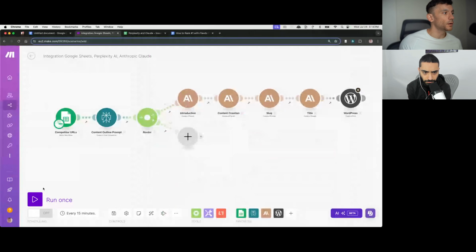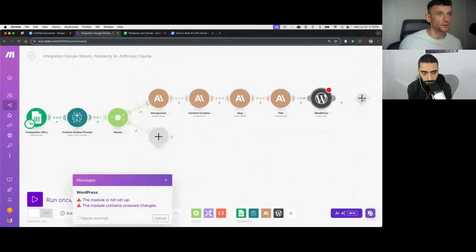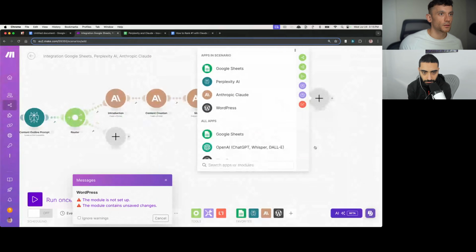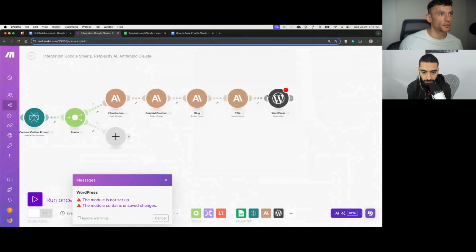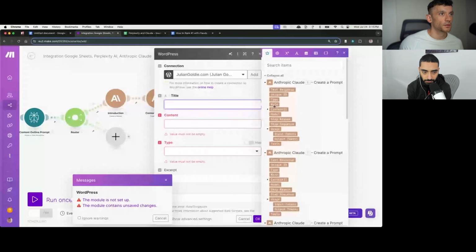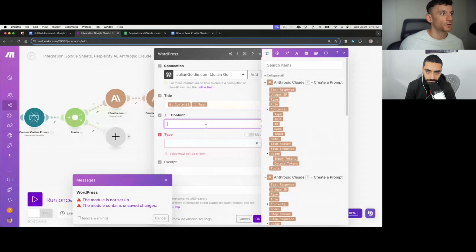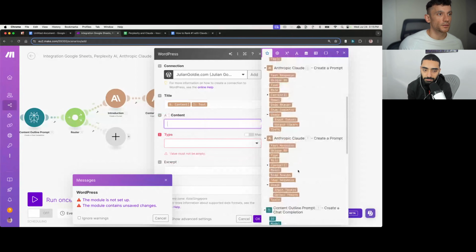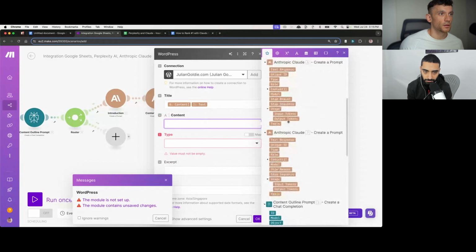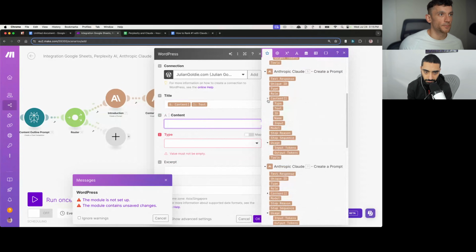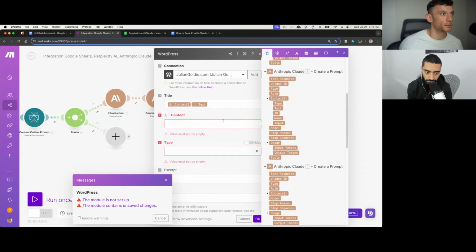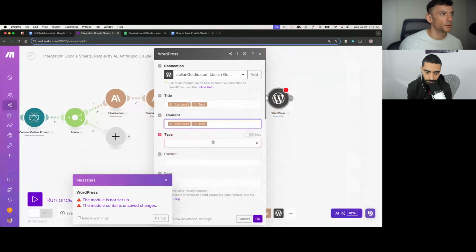What I'm going to do is try and run this. Let's set this up right. Delete that. Go into WordPress. Choose a title. So this is number 6, which is the title. We're going to select content and then text. For the actual content, we'll take the content from this module right here. And for the type,